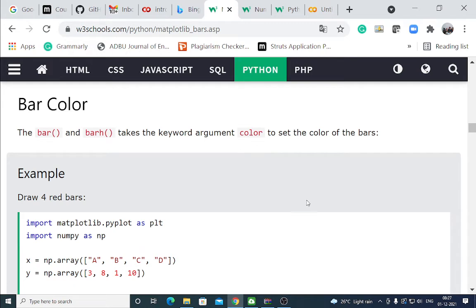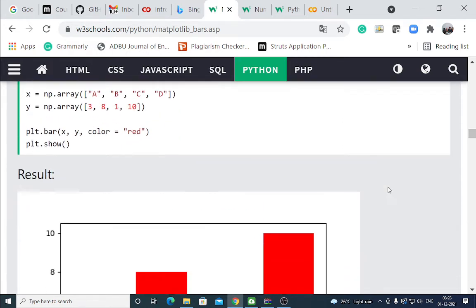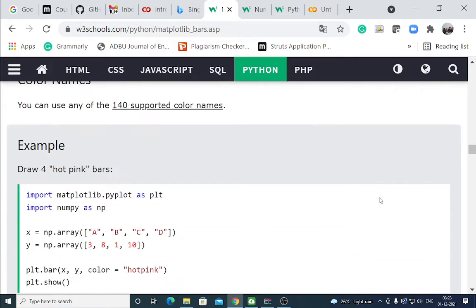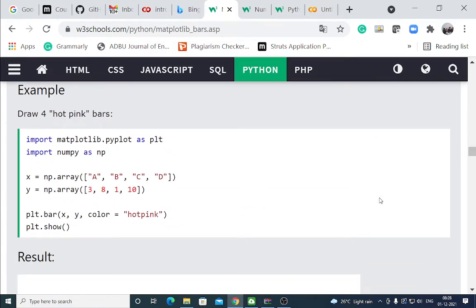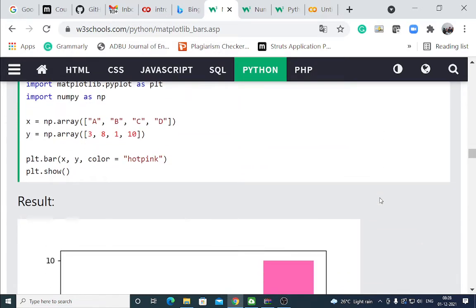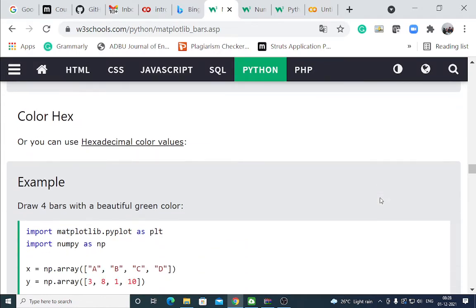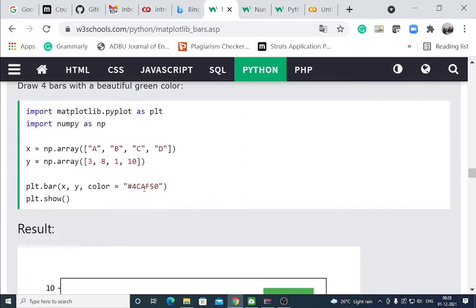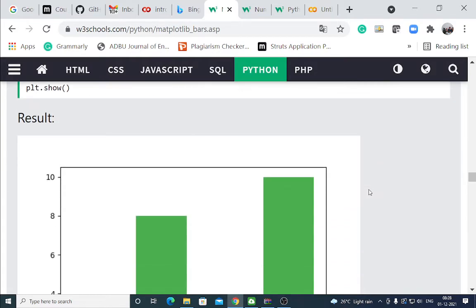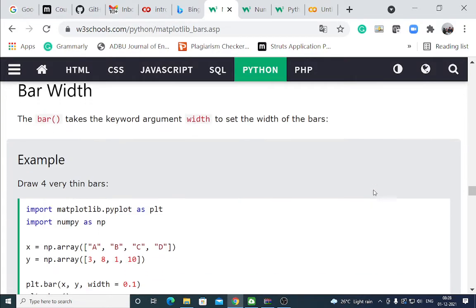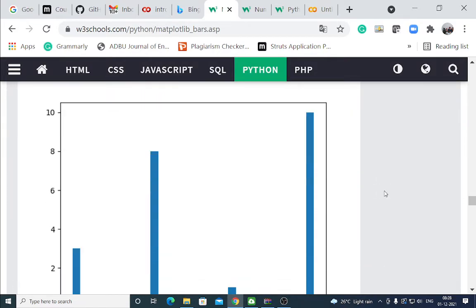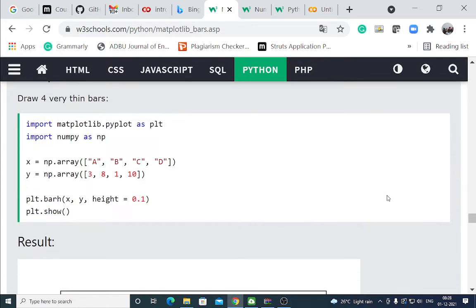Horizontal or vertical bars, you can adjust that. You can assign color also. You can give any color. Hexadecimal color values you can use, or text. You can adjust the bar width and bar height.